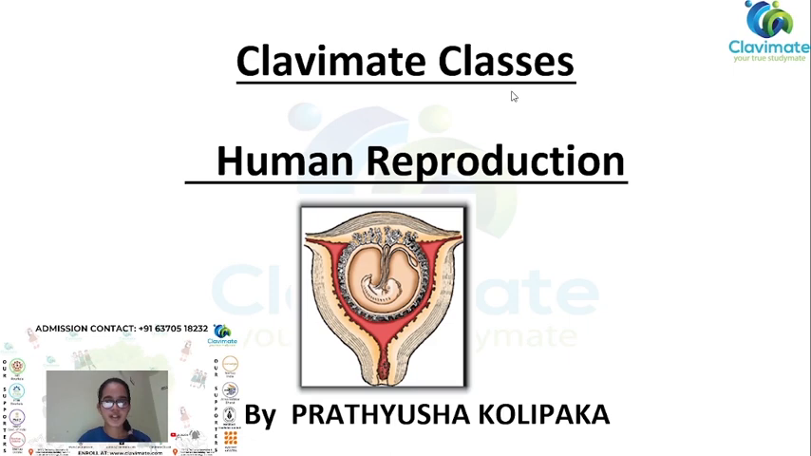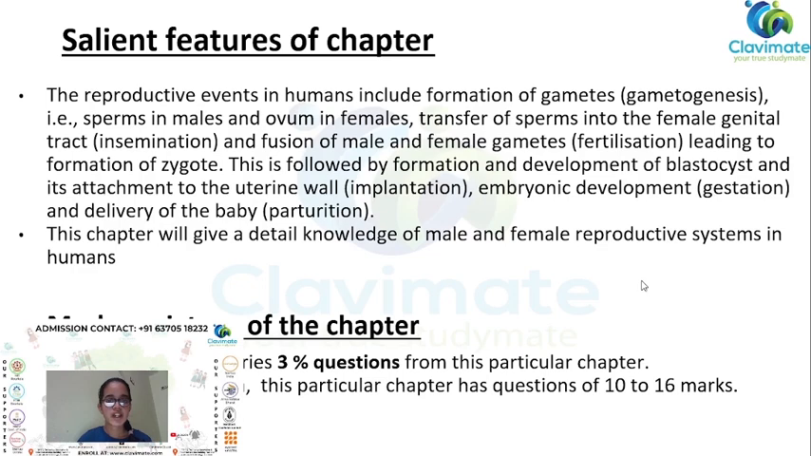Today our topic is Class 12 human reproduction. And now going to the next slide. So the salient features of this chapter are